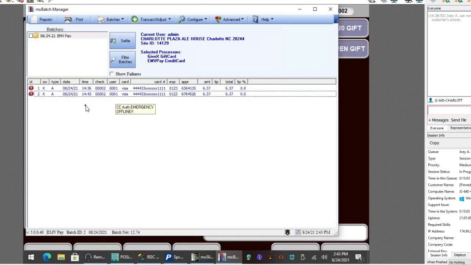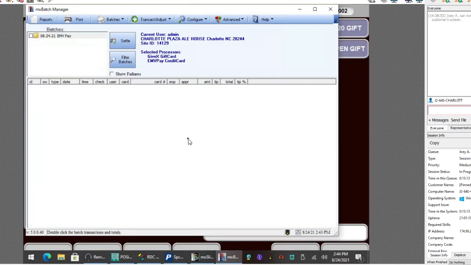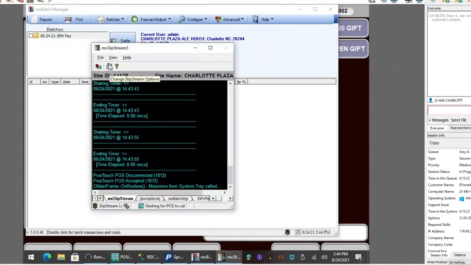At the end of the night, when you go to settle, you check this box and you hit settle, and it's going to prompt you to run these things online. Now I'm not going to do this because this is a live set of parameters, but once we know we have internet back up and running, we can go back in here, we can go back to view edit,